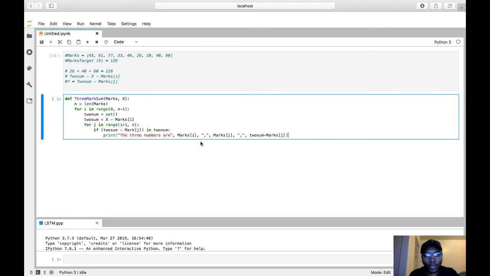So now here we're just giving an output of our three integers from index I from the first for loop and index j from the second for loop, and since we have the second one, we just deduct that from our sum of our two integers which we got here, and that gives us our third integer, all from the main array of mux, right? So if we have this, now we can return true,